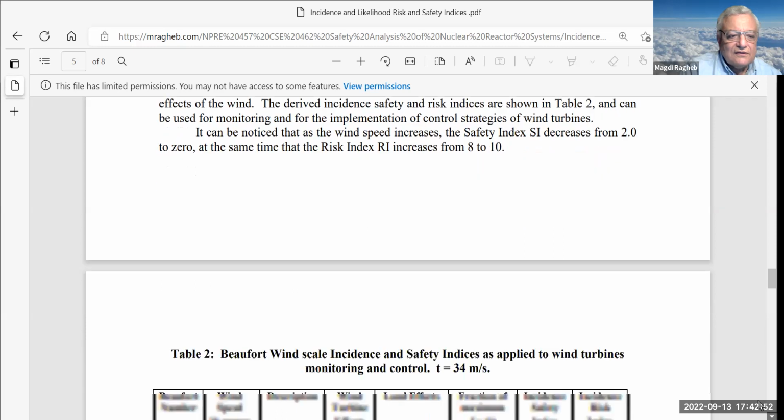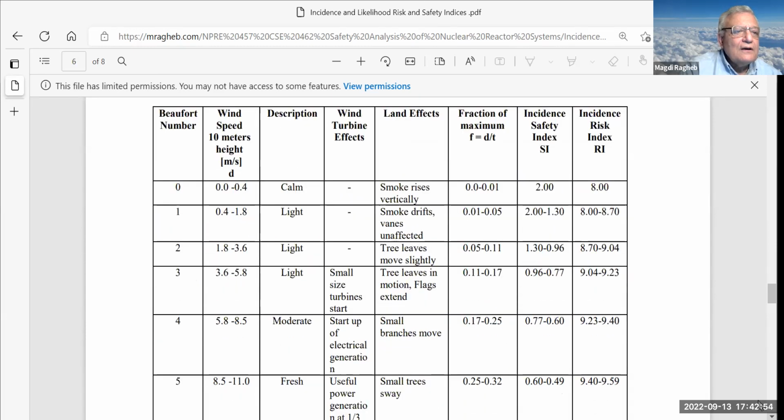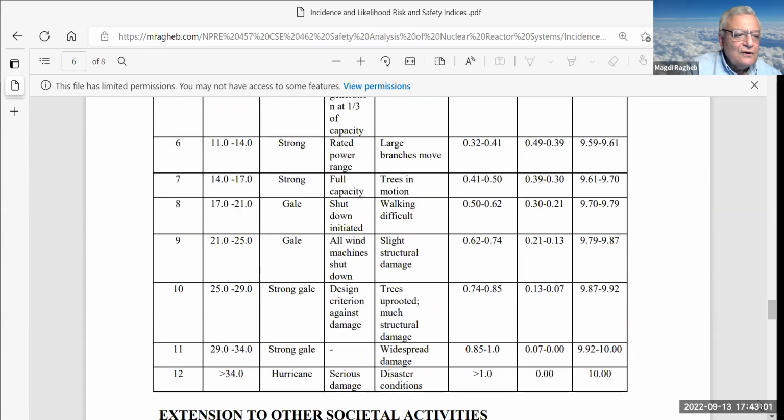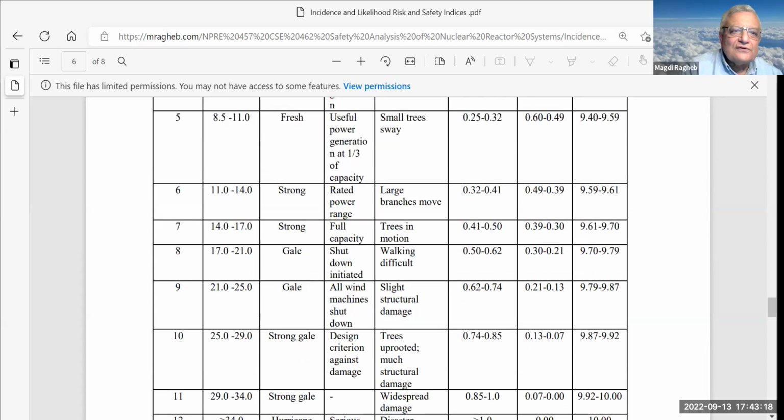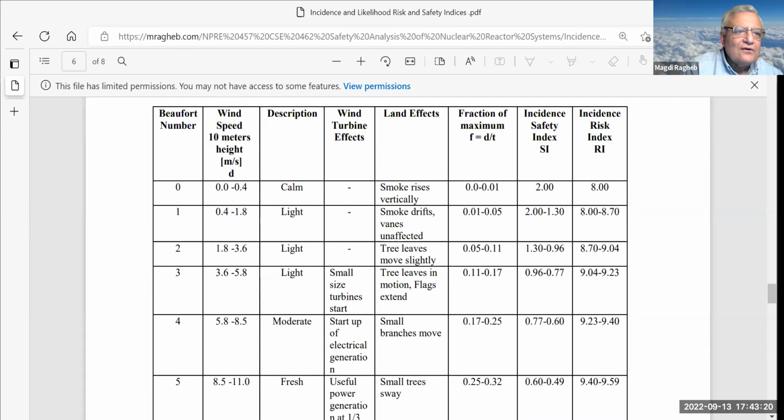So let's look at that Beaufort scale. The Beaufort number goes from 0, and you could see here that it goes to an illogical kind of 12, whereas our index here would translate into a scale from 0 to 10. So it's a more suitable scale that you can program into a program, and then in that case, that wind turbine is started or shut down. In the case of the Beaufort scale,